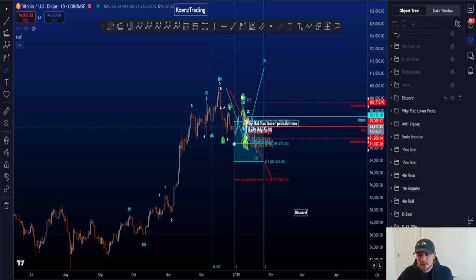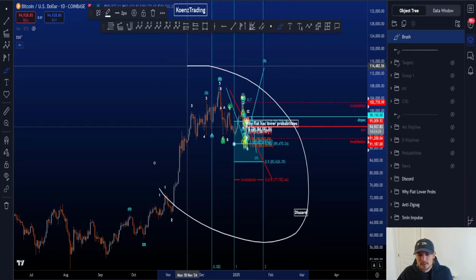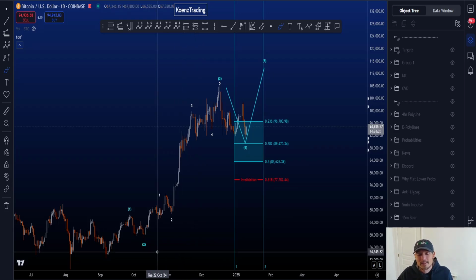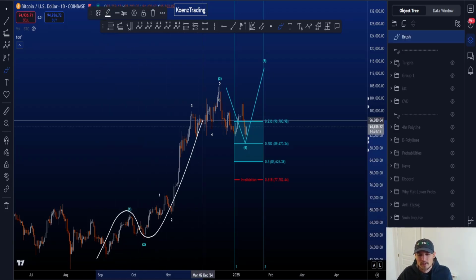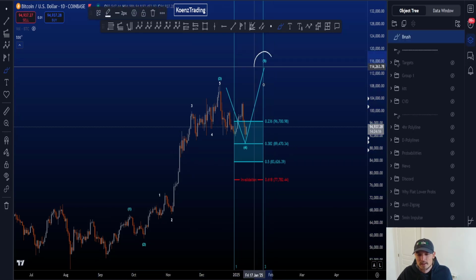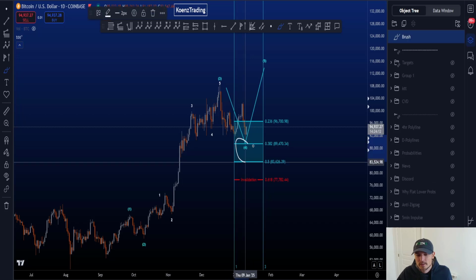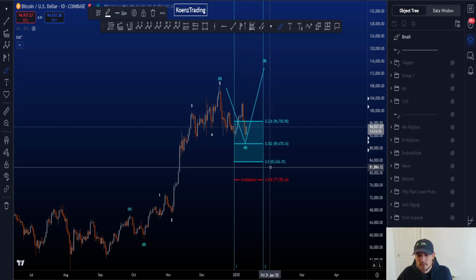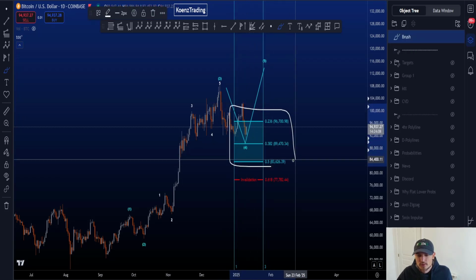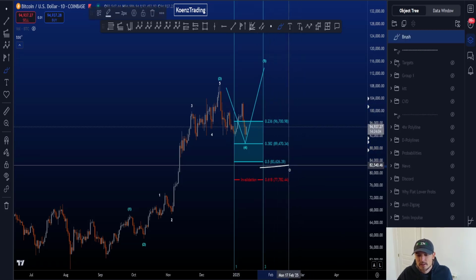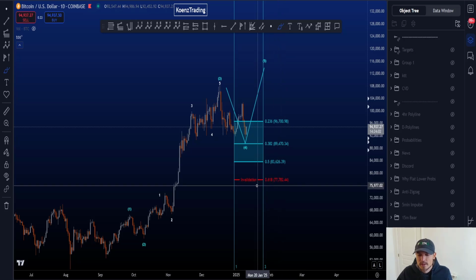Hi everyone, let's go over my bullish and bearish Elliott wave scenarios on Bitcoin, starting on the daily time frame with the higher probability bullish scenario, where we are still looking for a move towards the upside in a wave 5, making new all-time highs. Now the common target area for your wave 4 is where we are at the moment, the 0.236 to the 0.5 Fibonacci, 96.7k to 83.6k, with the invalidation being